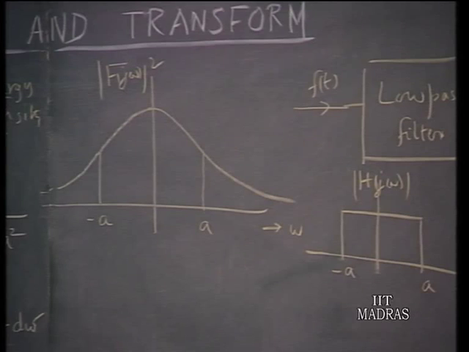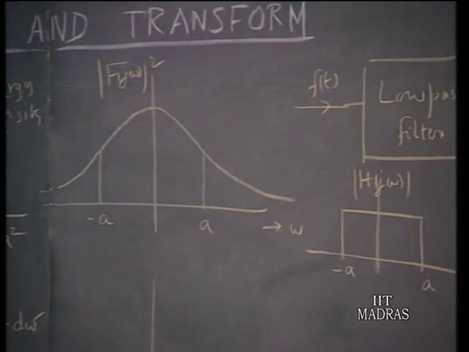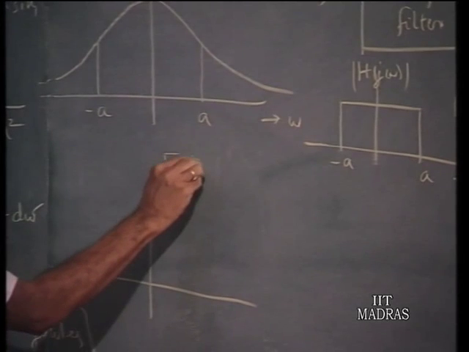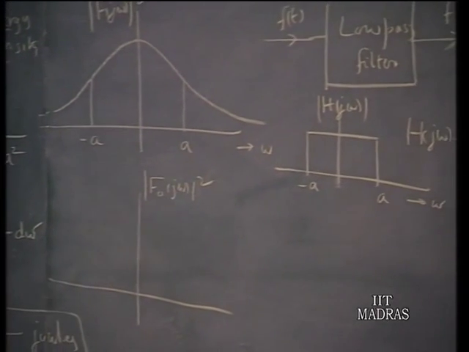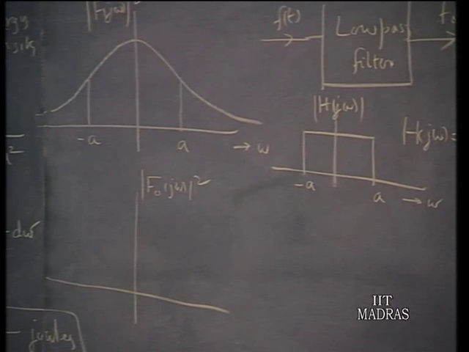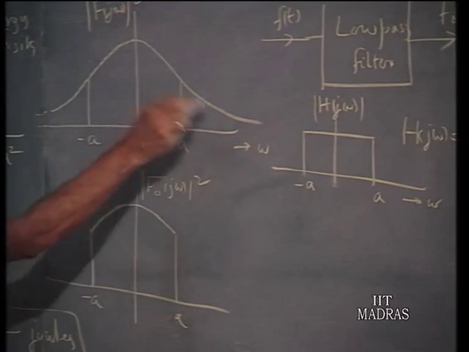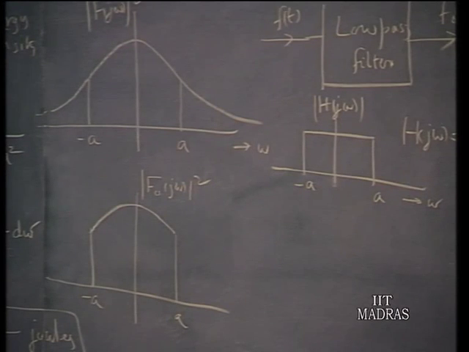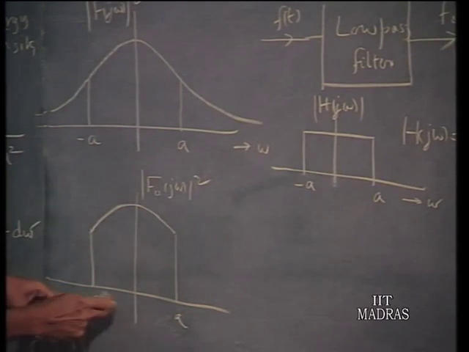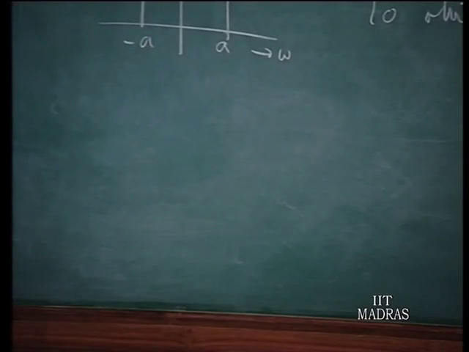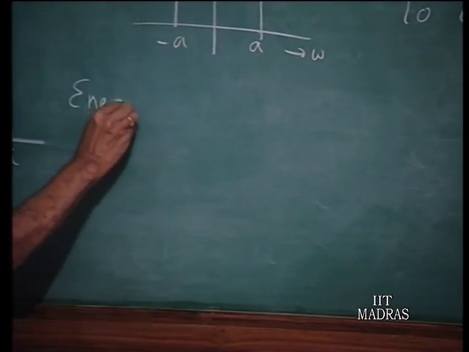as far as the output f naught of t is concerned, the corresponding energy density, f naught of j omega squared, would be the one which contains frequency components within this band only. That means, it will have only this minus A to plus A, the rest of the terms being cut off. And so, suppose I want to know what is the energy available from f naught of t, then you have to take the same function, but integrate between minus A to plus A rather than from minus infinity to plus infinity. So, we have the energy available from f naught of t